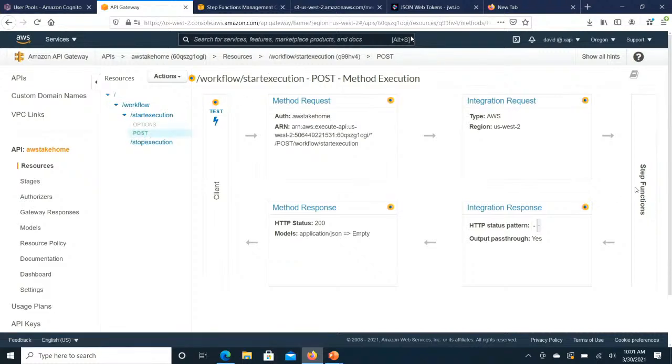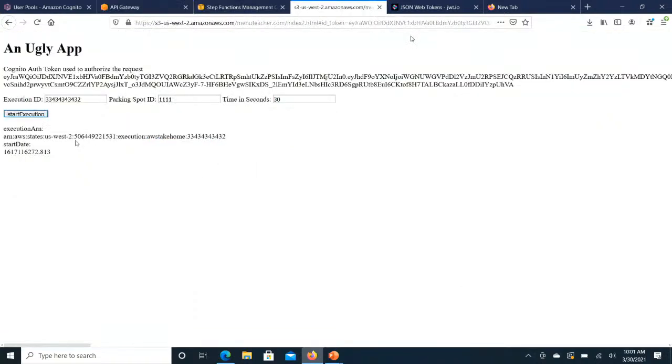And it's tied to that step function execution. So basically, when my authenticated request from my little application hits this API and it sends that little bit of data, it authorizes it against Cognito to make sure you're a legitimate user of my application. And then it passes it on over here to step functions. And then step functions returns a response that goes back to the client. And that's what you were seeing here in this return. So this is what I got returned. It says, okay, I've created an execution for you, so the application knows that it was successful.